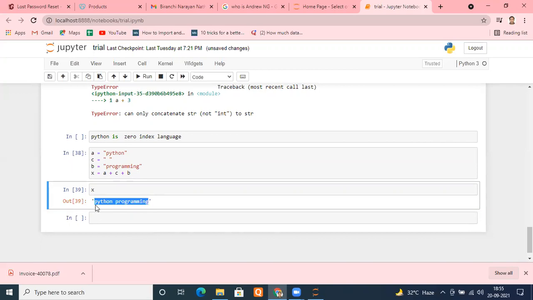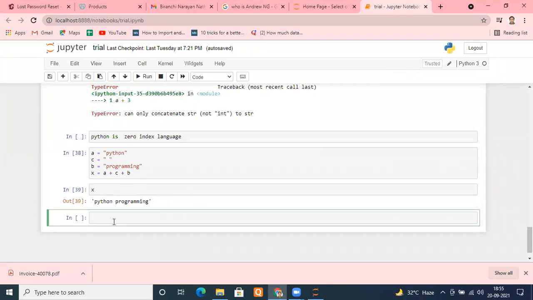Okay. So it is nothing but a collection of characters. And here, the first character is stored at the index of 0. First character is stored at index 0, second at 1, third at 2, fourth at 3, and so on.